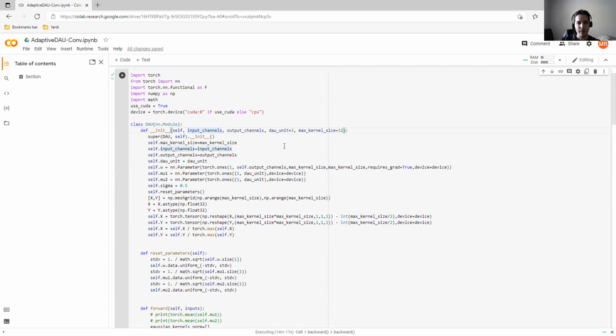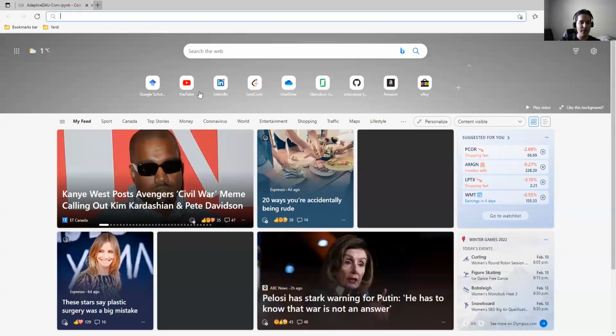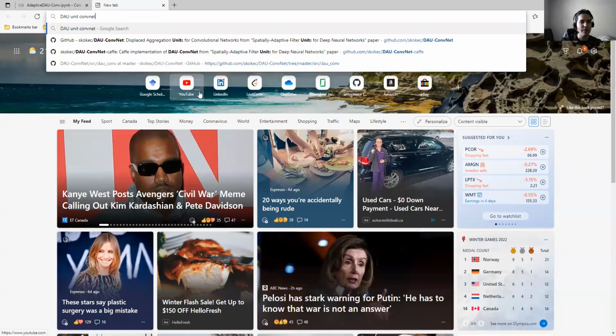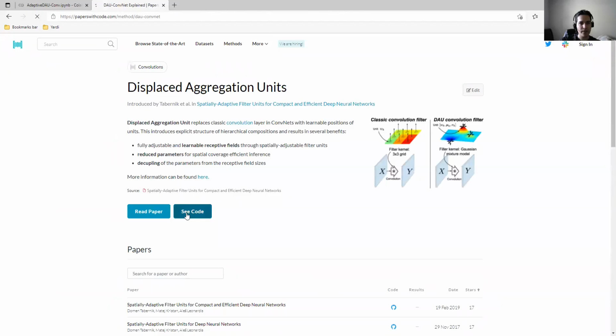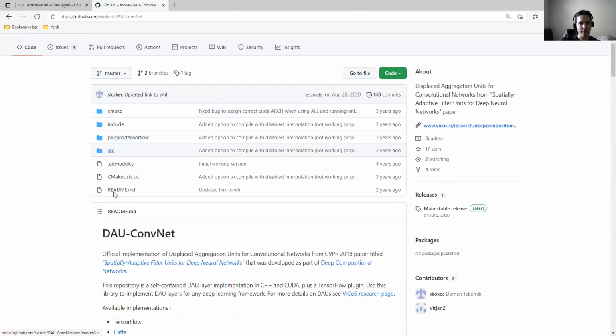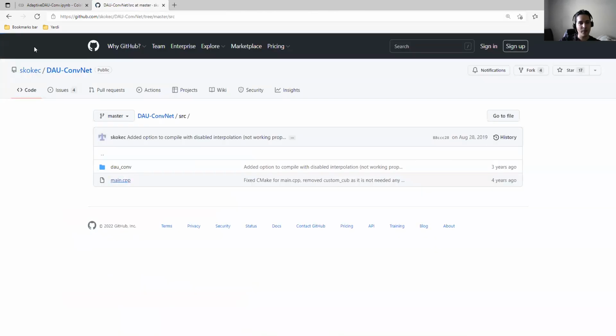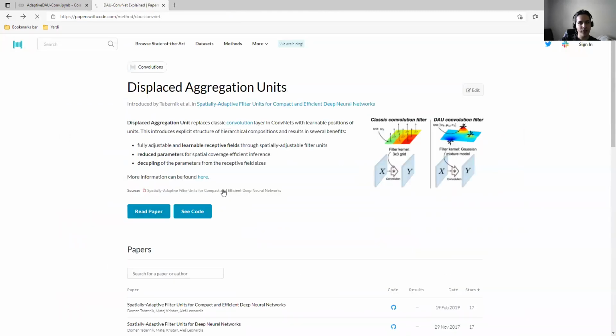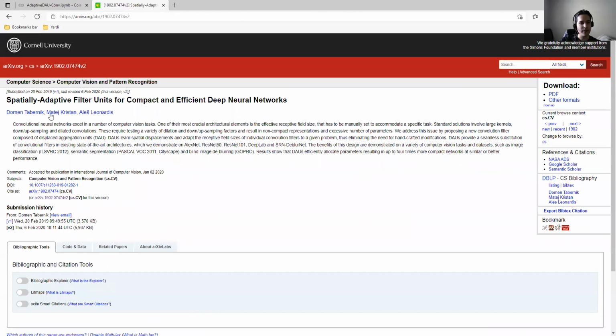Based on what the paper said, they set the sigma to 0.5. You can see from the paper. Let me open that paper, DAU ConvNet. Yeah, so you can see that the code that they have is in TensorFlow, and mainly it is written in C++. I haven't used that code. I changed the concept of writing that a little. So this is the main paper,